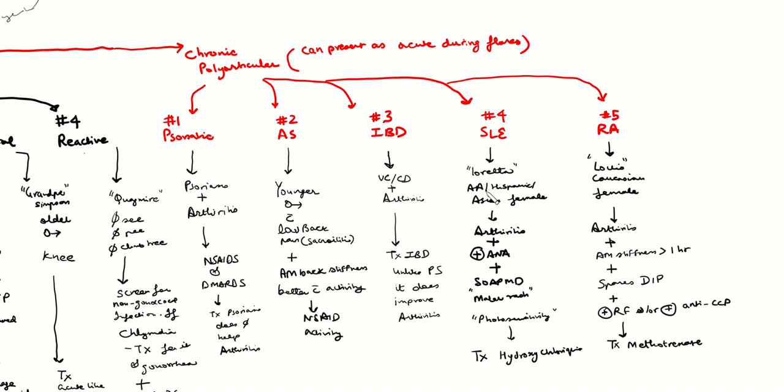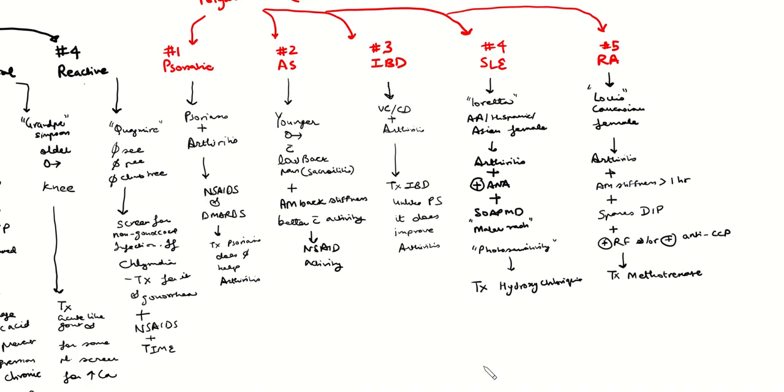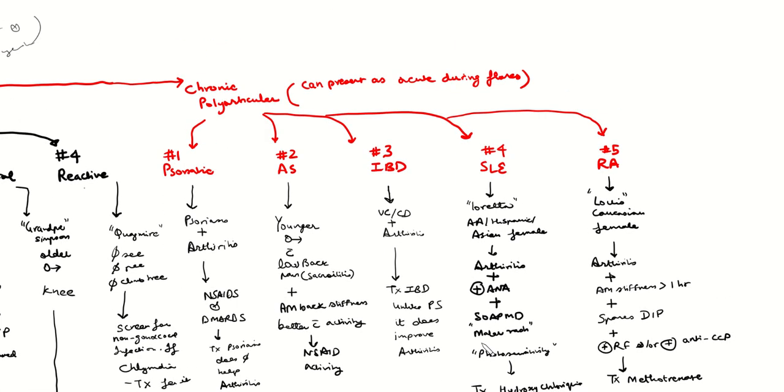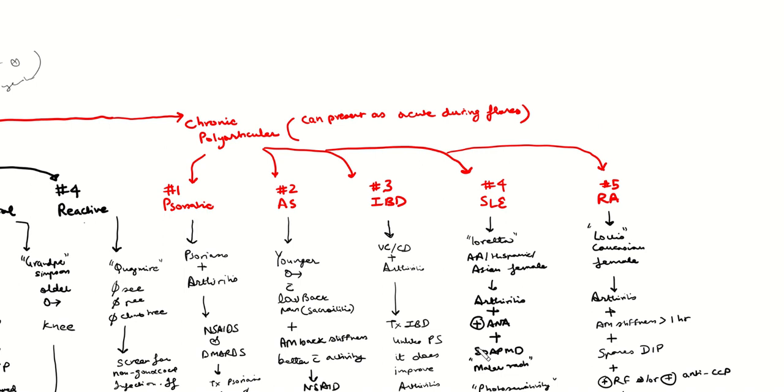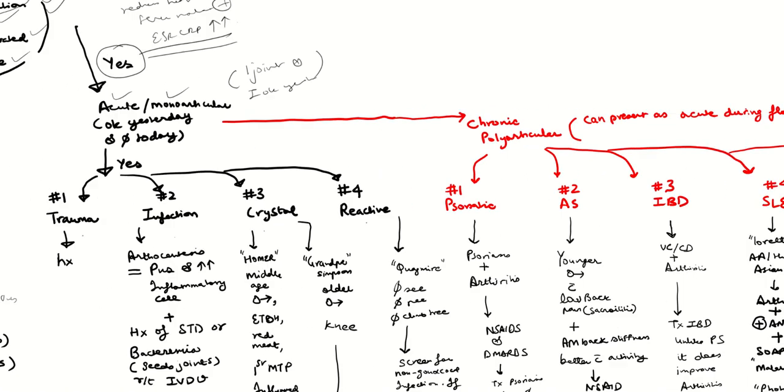Lupus, Loretta. Generally, they'll give you arthritis plus positive ANA. And then they would have SOAP MD symptoms. The big ones are malar rash or photosensitivity. Okay. And the treatment for lupus is hydroxychloroquine. Okay. So that's sort of how, as you're given a question, you can tease out, well, where are they going with this? What is the illness script? Is it